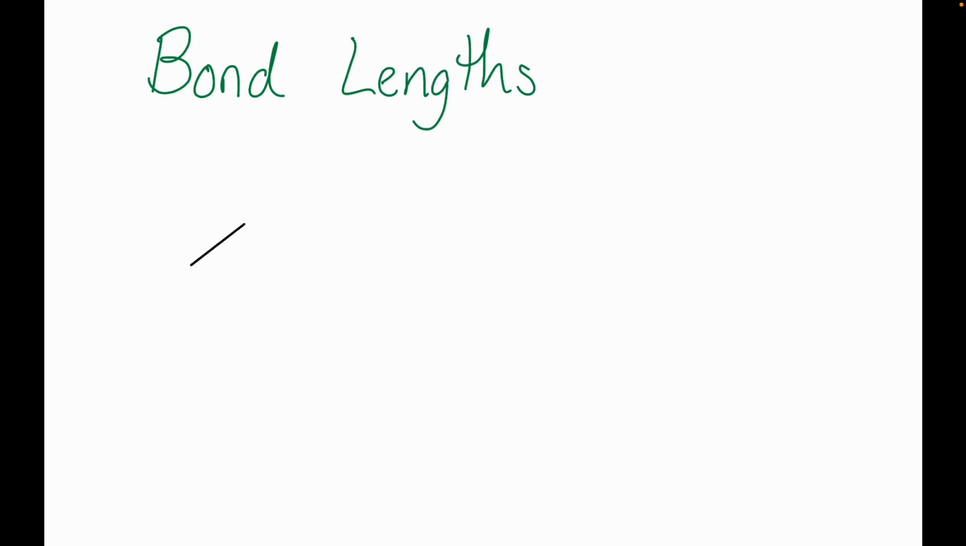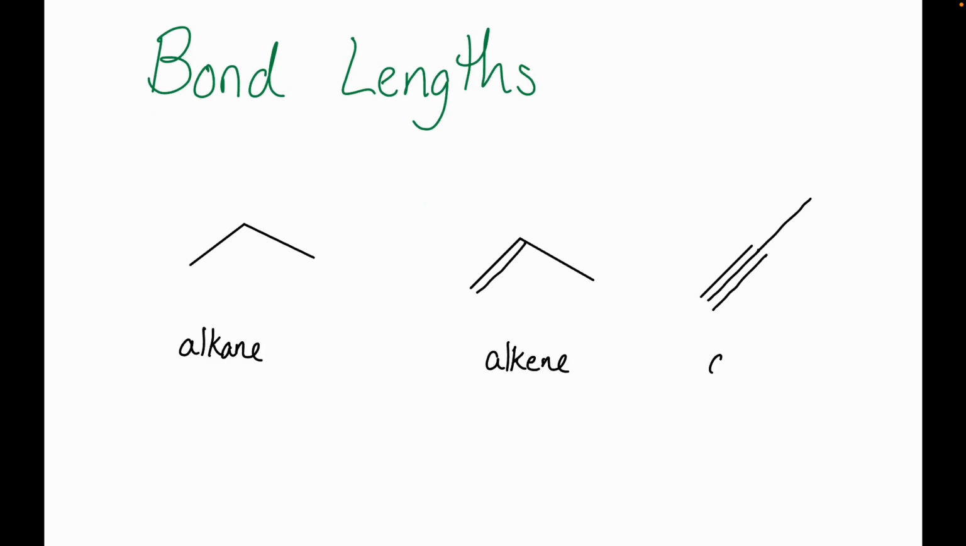So let's just compare an alkane to an alkene to an alkyne. All right, our alkane, all single bonds, our alkene containing that carbon-carbon double bond, and our alkyne containing a carbon-carbon